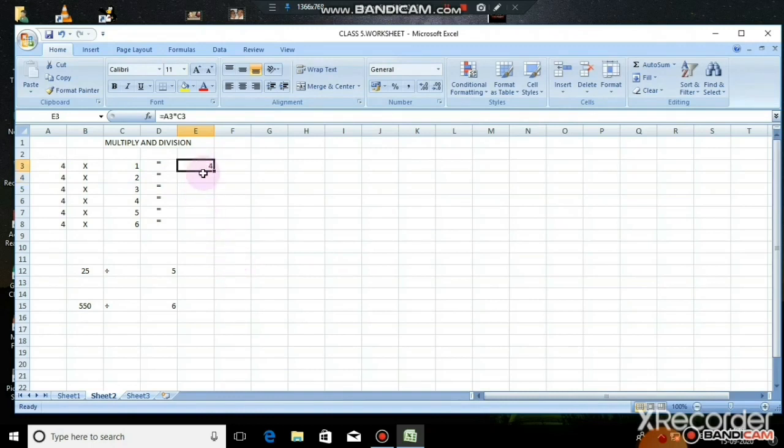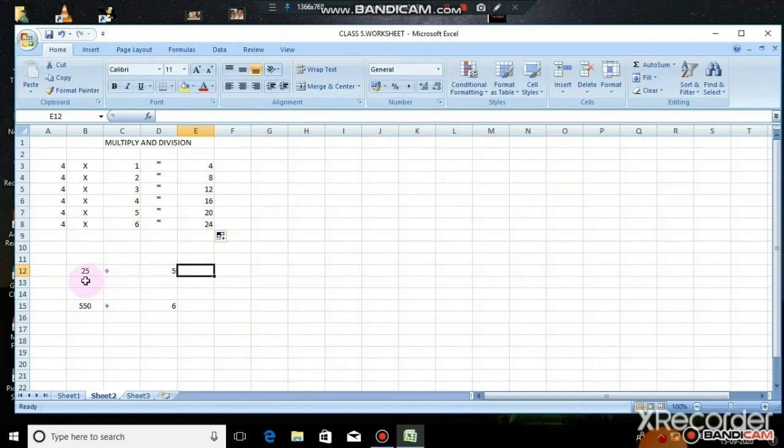Press on the next cell and press the enter key. Now the next one: equal to, press on the 4, it is A4, asterisk, and next is C4. After entering the formula, press the enter key. Now select the two cells and click and drag it down. You can see the multiplication is done automatically.